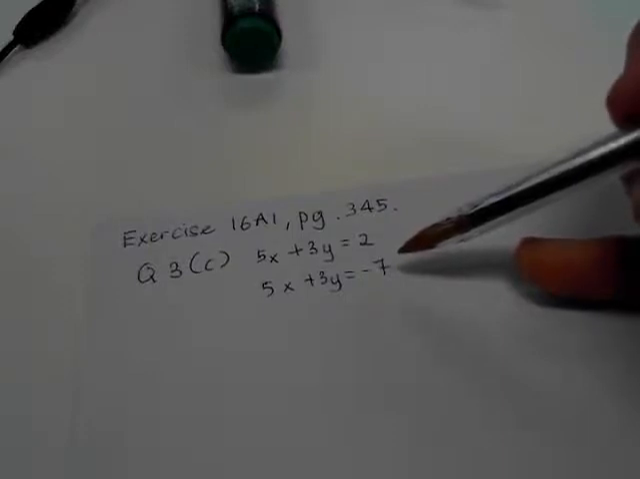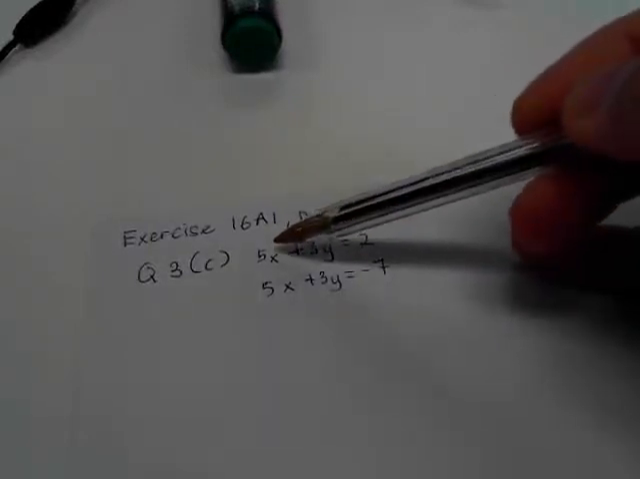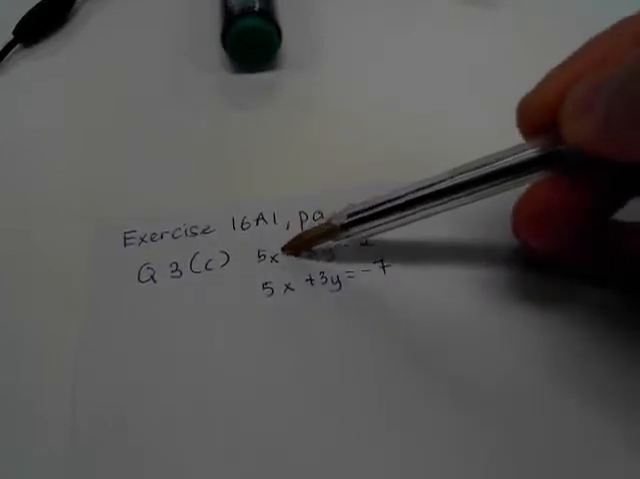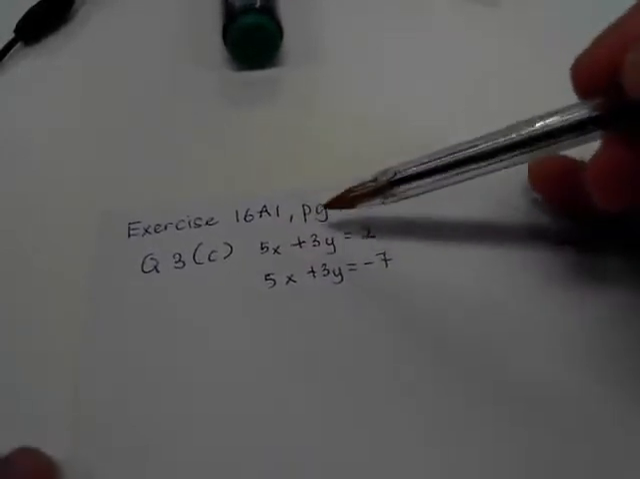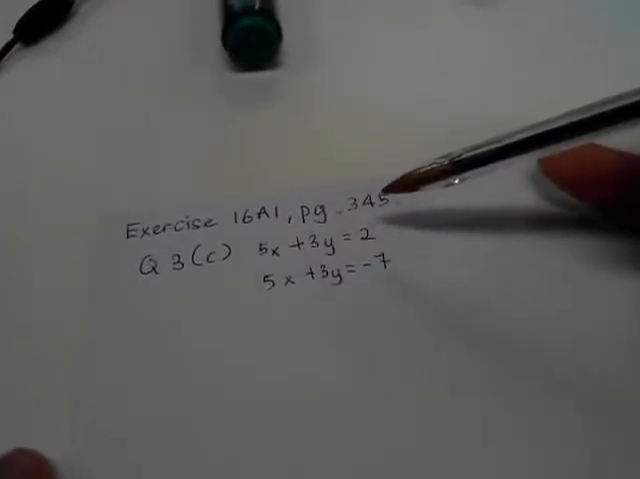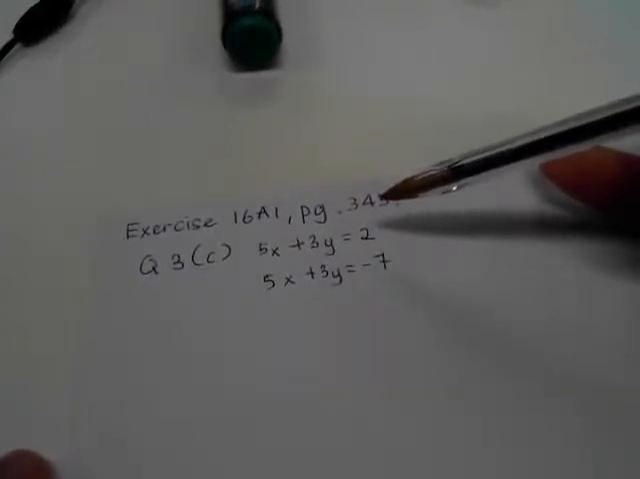The problem with the elimination is that you have two terms having the same term as well: 5x and 5x, which are both positive, and 3y and 3y, which are both positive as well. Now, having said that,